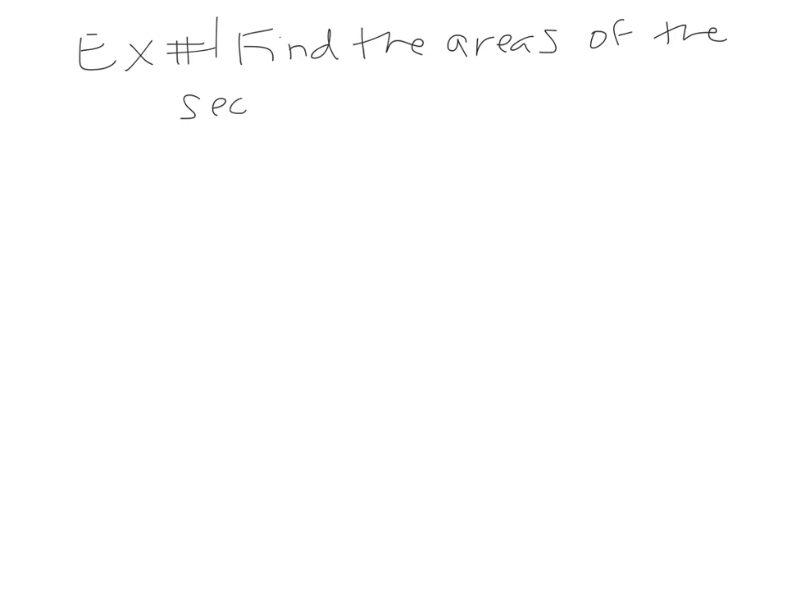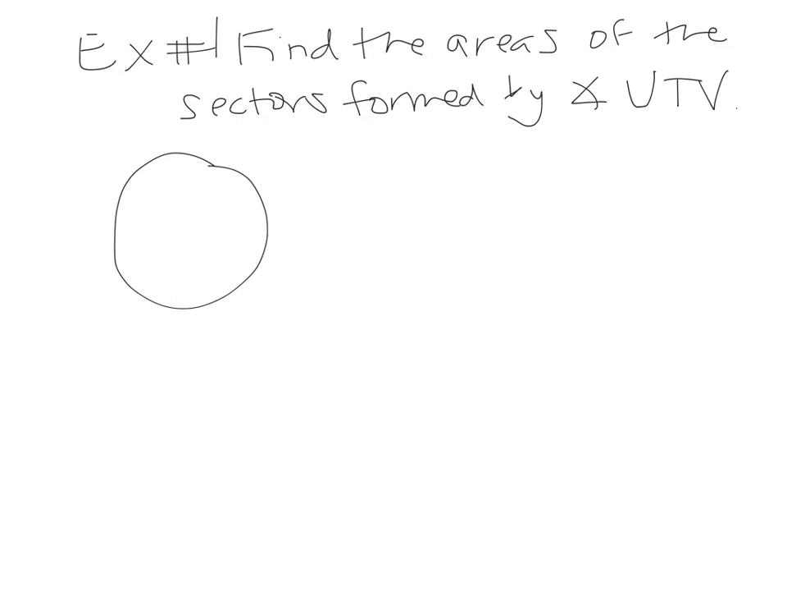So example number 1 says find the areas of the sectors formed by angle UTV. So here's the picture. The center of the circle is point T,